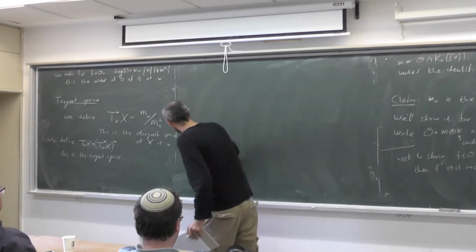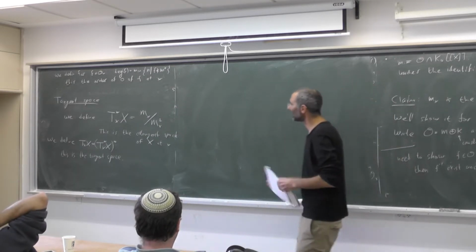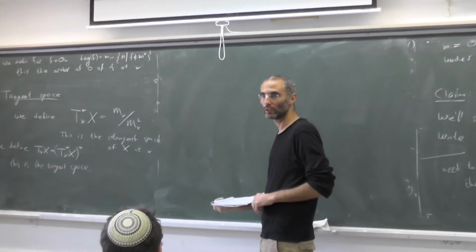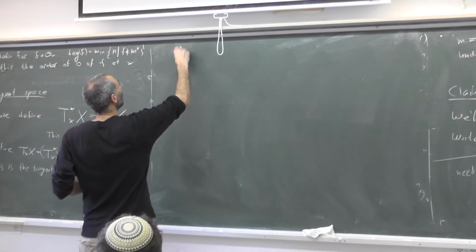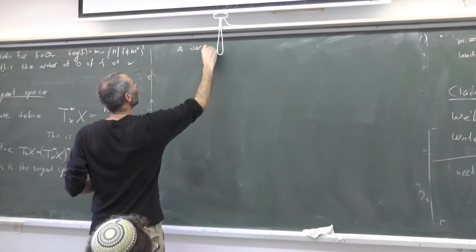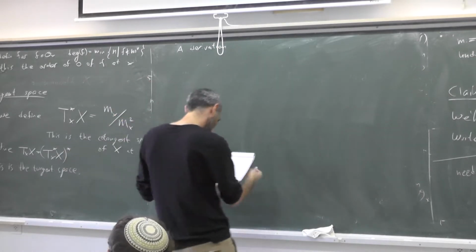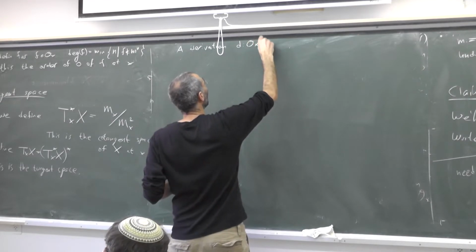As usual, and I'll repeat this in a second, we have an identification of the tangent space at x with the derivations. A derivation on OX